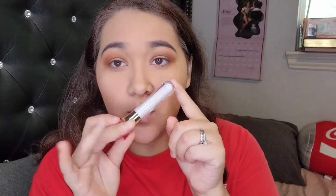Okay, now I'm going in with a white concealer in my creases here, and then I'm going to put white concealer on my waterlines. So, some things I like about the festival,